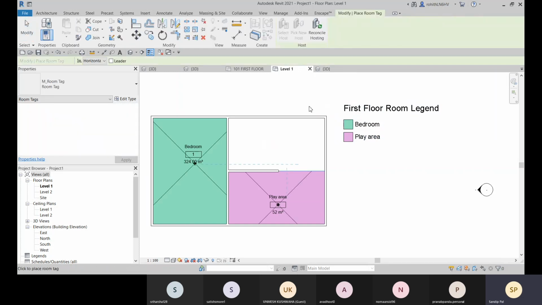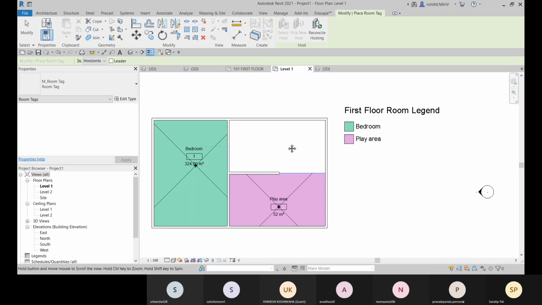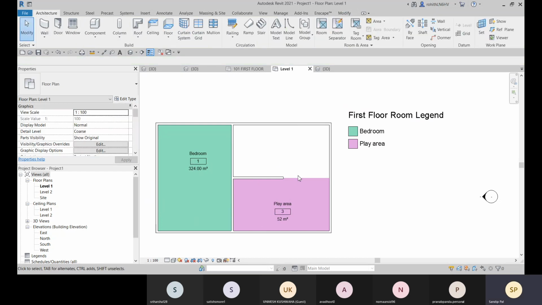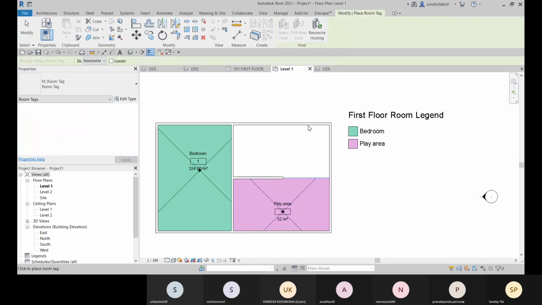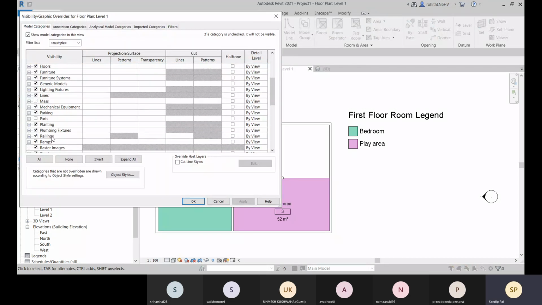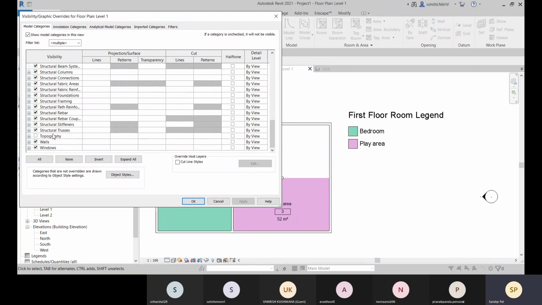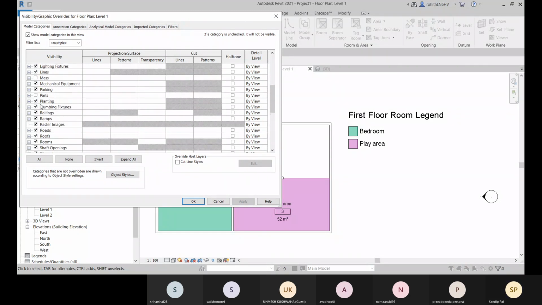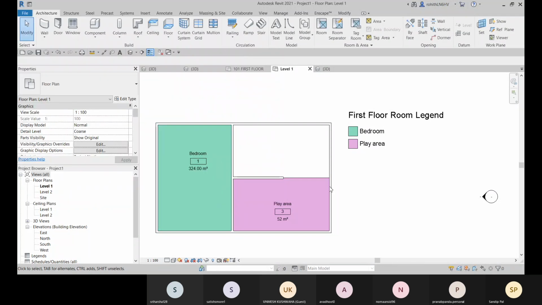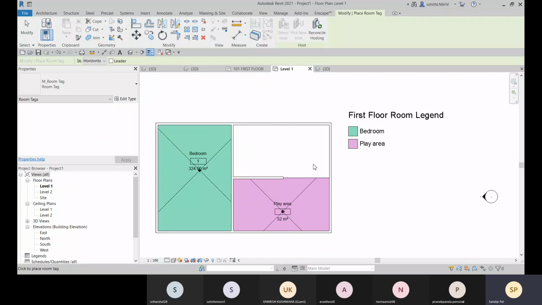Again, if you go for this room tag here, just a second. Let me make the line visible. Now let me apply the room tag here.